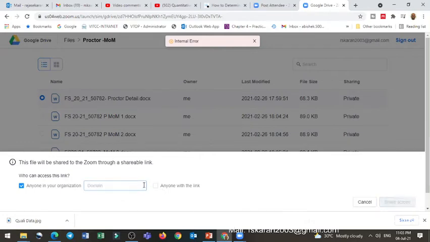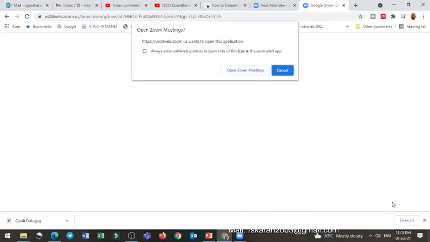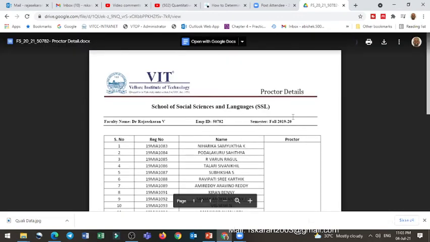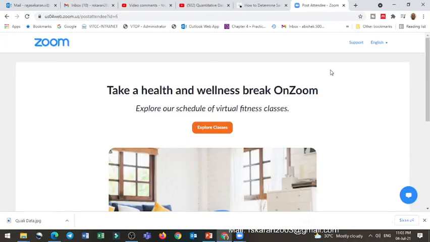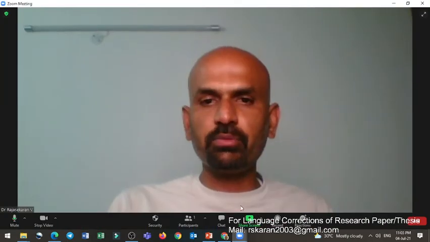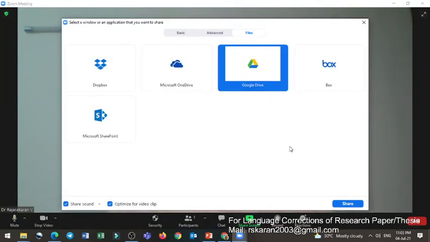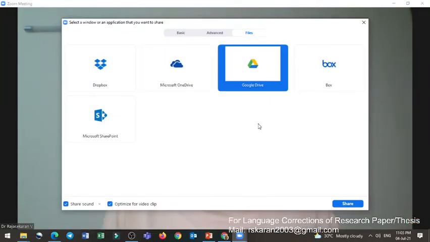In case I don't give anything, anyone in your organization with the link, automatically, if you share it, those who have the link will be able to see whatever we are sharing, only that particular file which I am sharing. Got it? So once I am done, I can close it. This is one option. And the next option is, as usual, you know, Microsoft OneDrive, Box, you can do as usual.